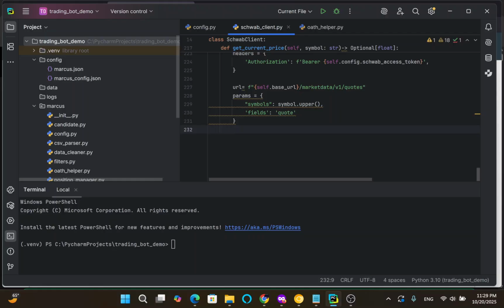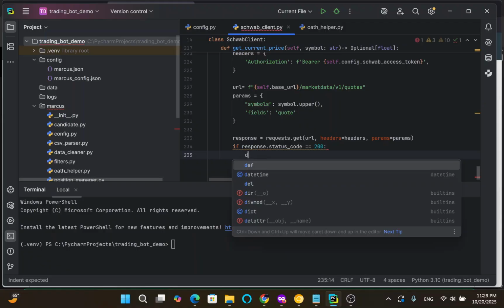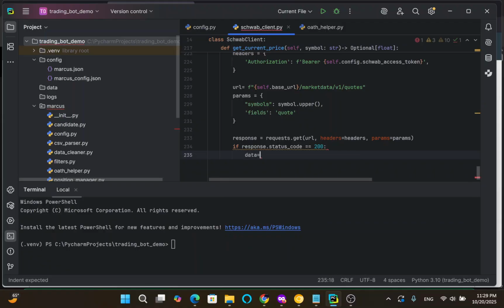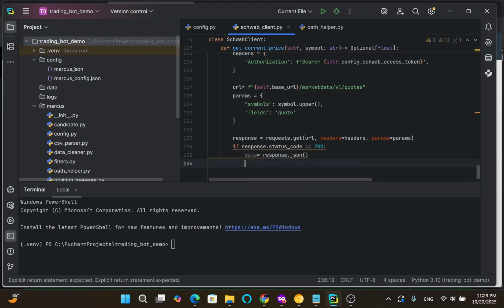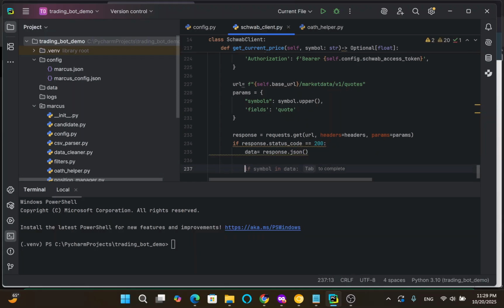With params closed, now we are assigning response, which will be requests.get with headers and params, and data. If response status code equals 200, then data equals response.json(), and if this is correct,